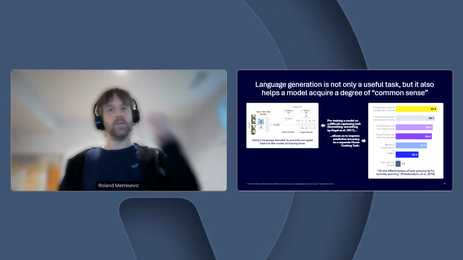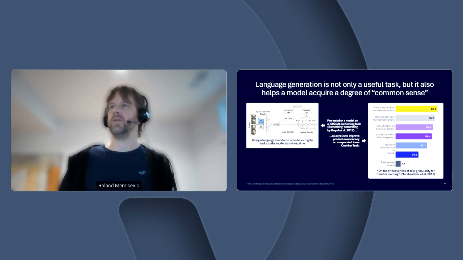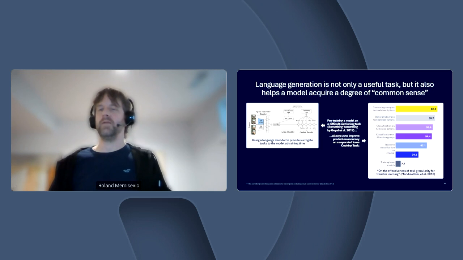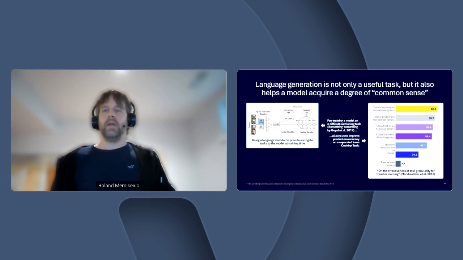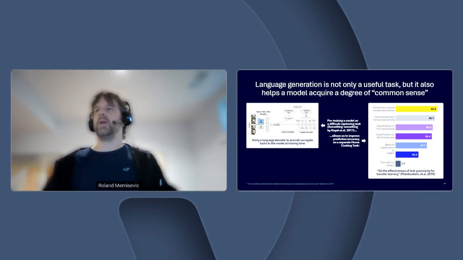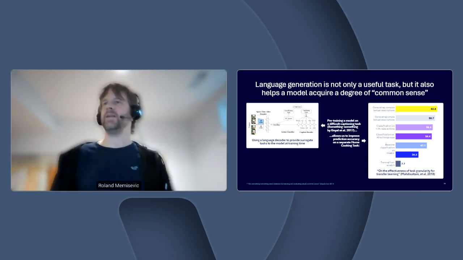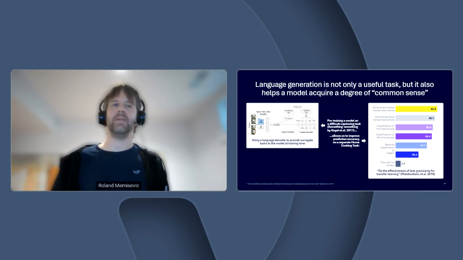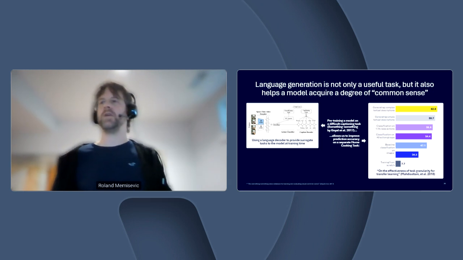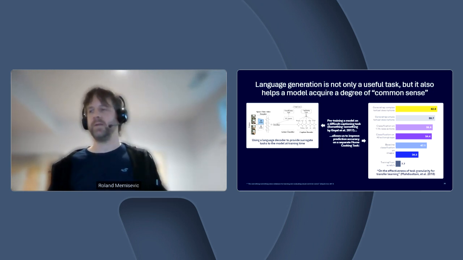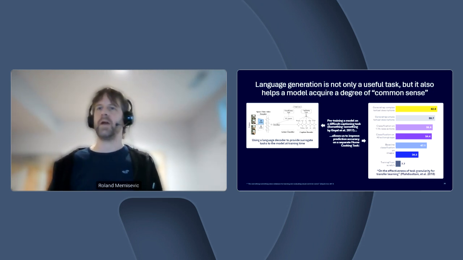In this case, the different task was a home cooking task, and we could see how the model does on this home cooking task. And then, as we were hoping, if you go increasingly complex on your labels that you use for pre-training the model, the better the model works as a feature extractor for a task that is not the same. It's maybe related, but it's not the same as the pre-training task. So it's basically a way to misuse language as an encoding for subtle features, such that some degree of common sense emerges in the features of the model as it's trying to solve a downstream task.